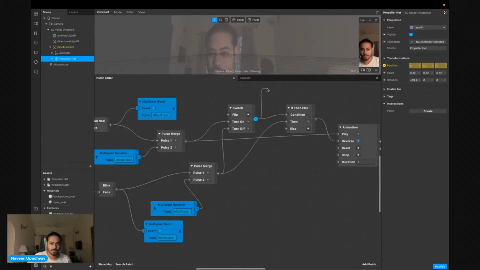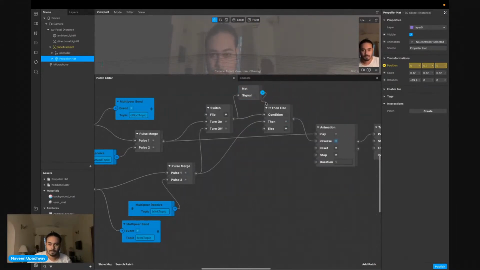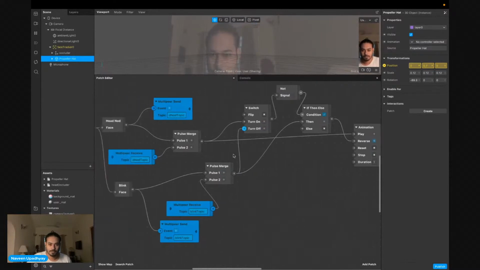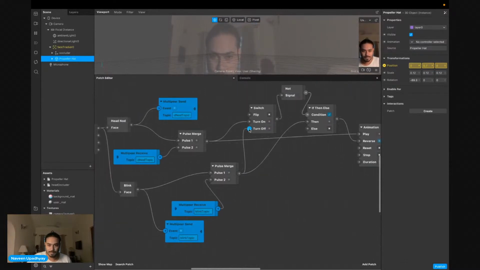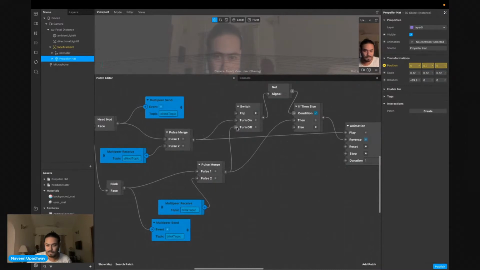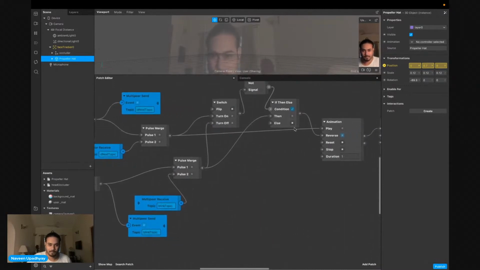So we're going to use a not here. Now, for the turn off, we have to use something else, because if we turn it off here, then we can't send it from here.